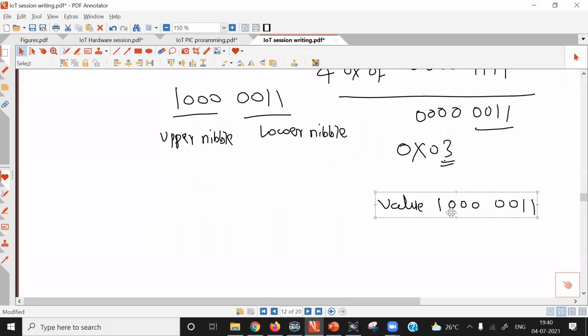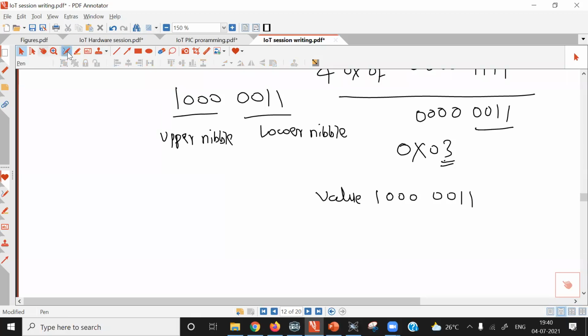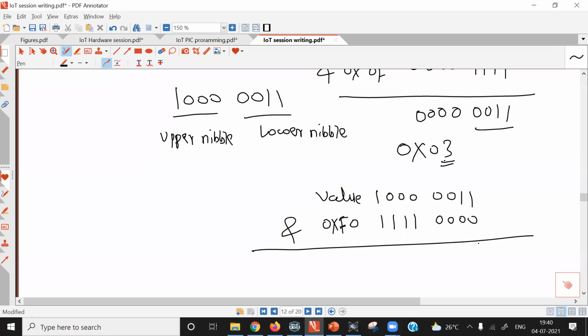So let's see, ANDing of our value, which is the same. Now if we do ANDing with 0xF0, 0xF0 means the first four bits are 1111 and the last four bits are 0000. Now do the ANDing operation bit by bit. Then what we get is 1000 followed by 0000.